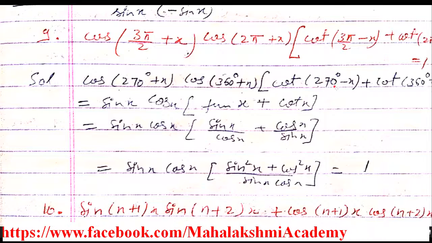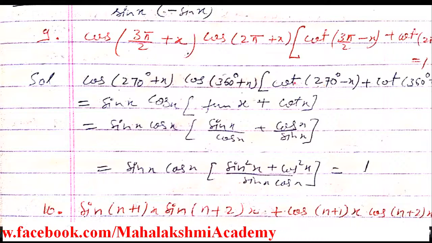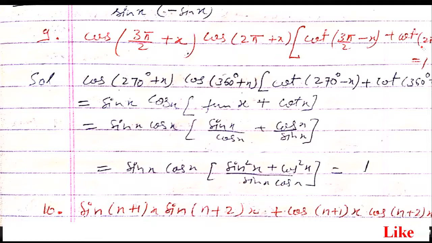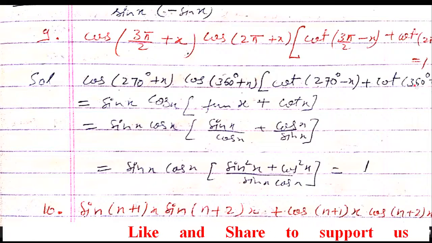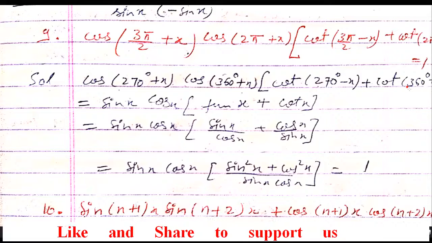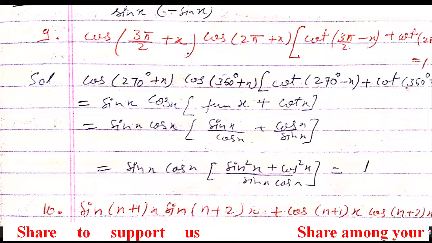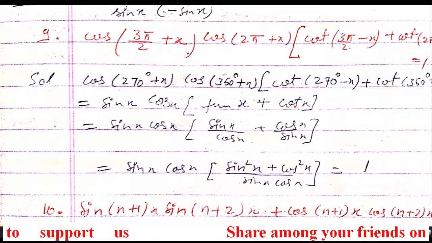And 270 - x means it is moving to the third quadrant where cot is positive, and it's π/2 something you are doing, that's why it will change. So cot will change to tan, and cot(2π + x), here it is not visible, but it's cot(2π + x), you can check in your book. So 2π + x means 360 + x. So we will move to the first quadrant where all trigonometric ratios are positive, and we are doing 2π plus, that's why it will not change. So it's going to be cot x only.